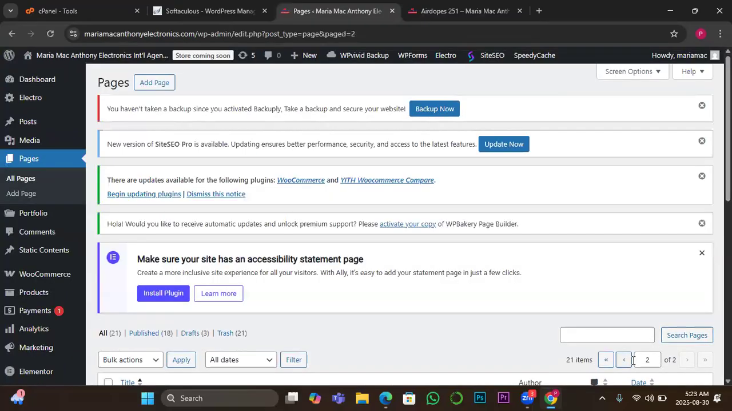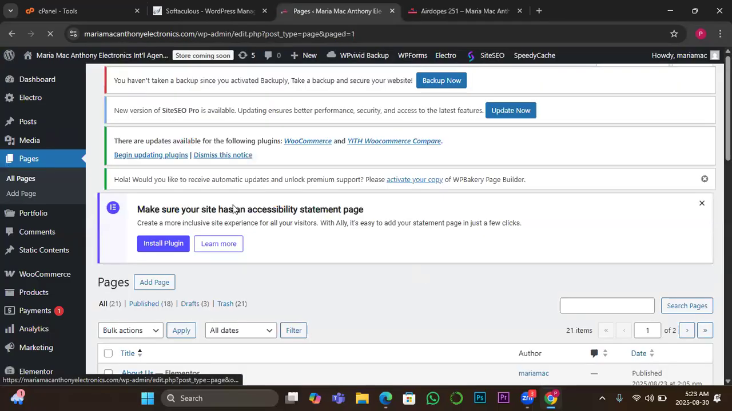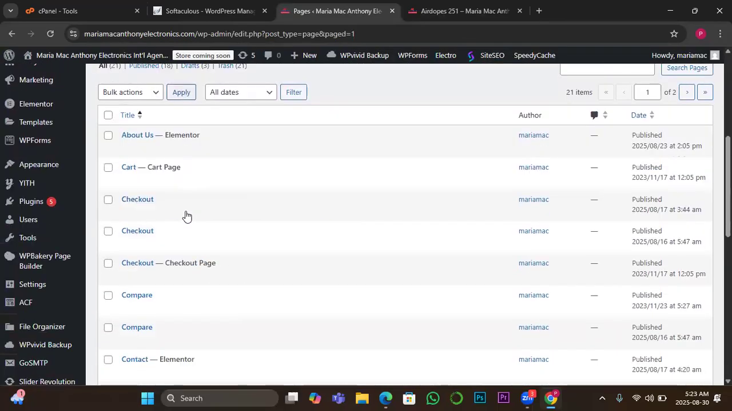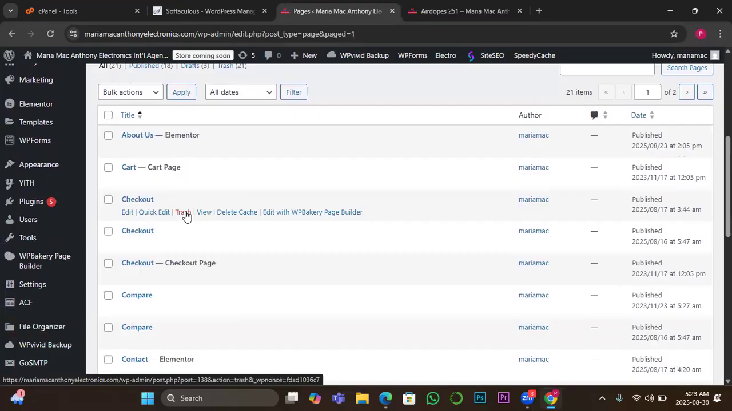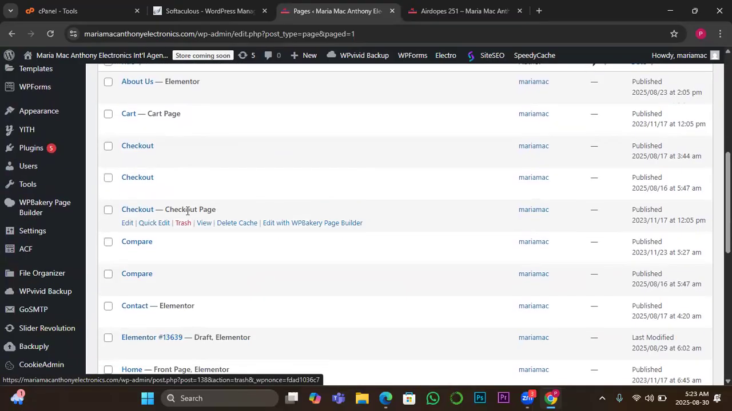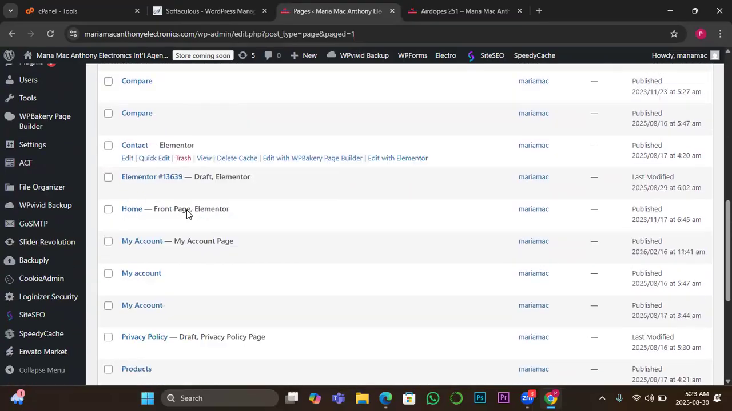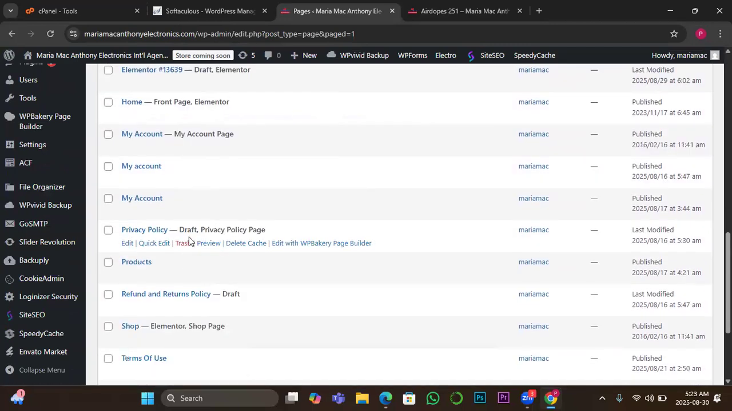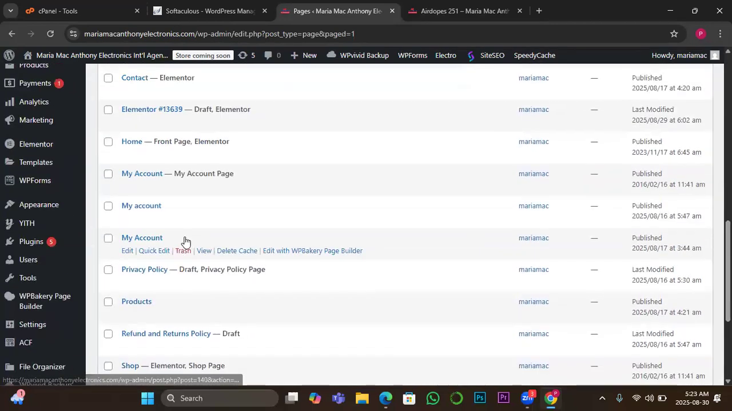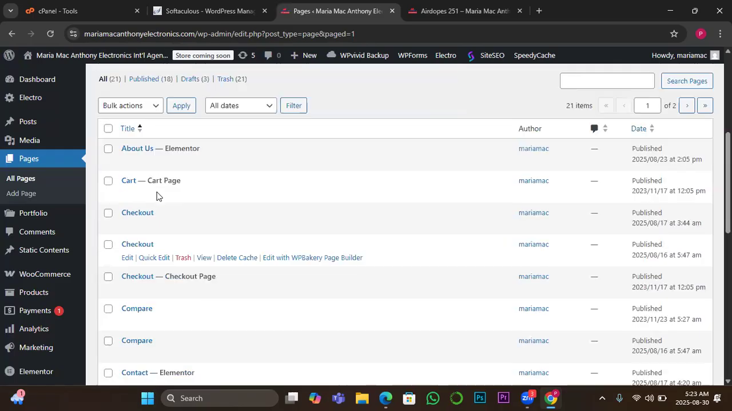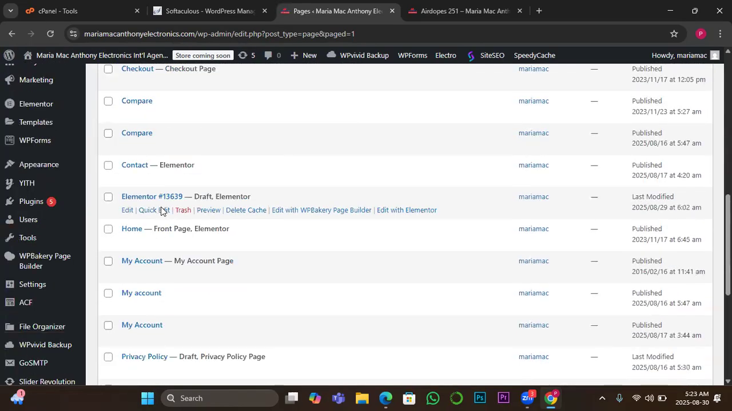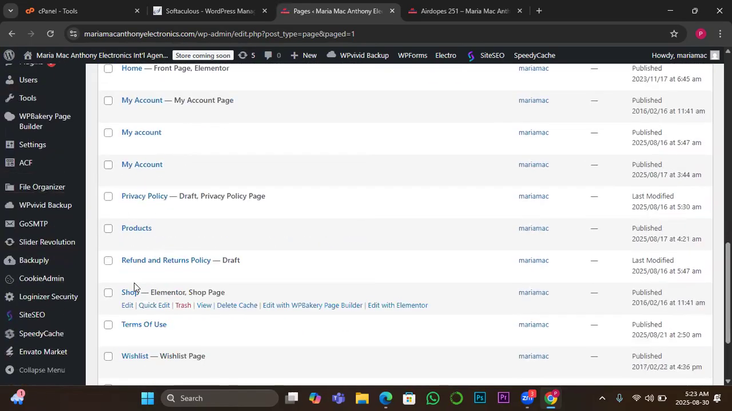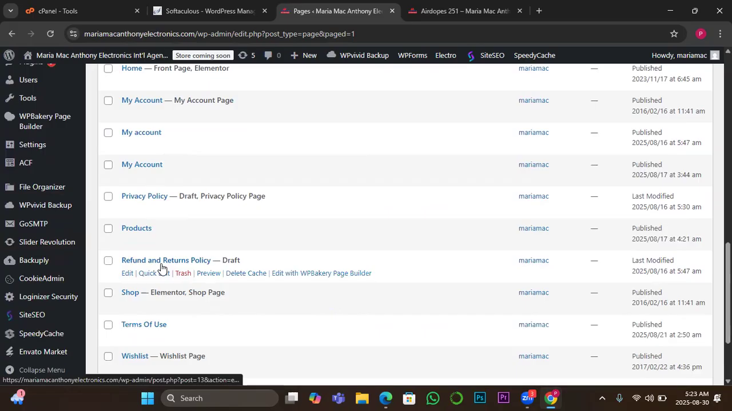Once you can see this structure here, it means your pages are so many that they have now been captured in two or more pages. All right, now you don't edit your shop page the way you edited the other ones directly here. You don't edit it directly. You cannot come here and edit it directly like the other ones, because the product you